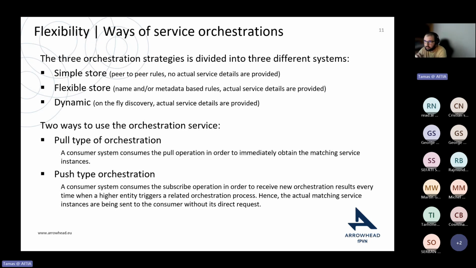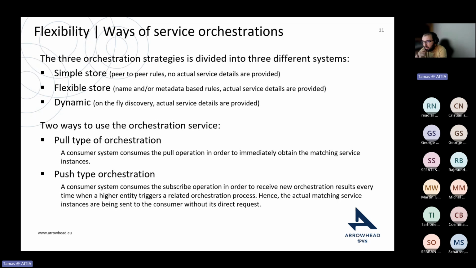We have the flexible store orchestration strategy, which is again a rule-based strategy, but you can reference your systems and services by using their name or their metadata. So you can describe a group of systems by using their metadata. And with this strategy, the orchestration will cooperate with the service registry, and the actual service details will be provided